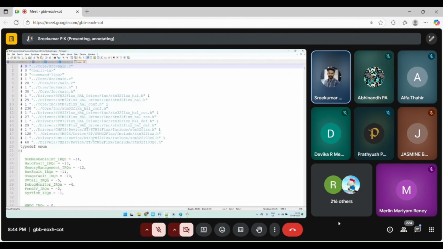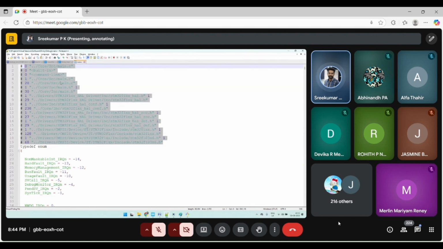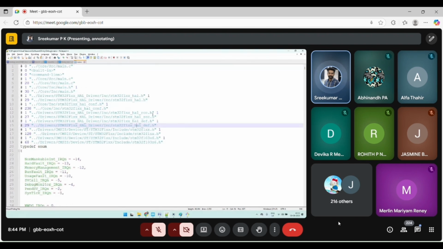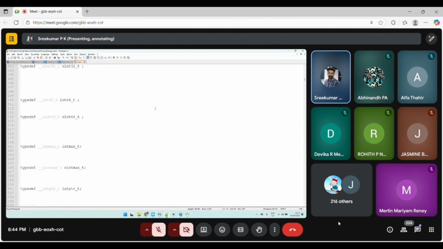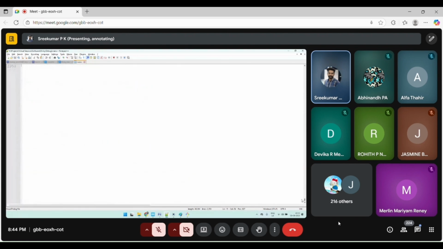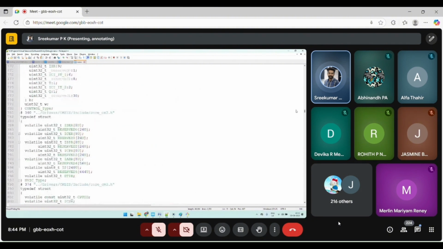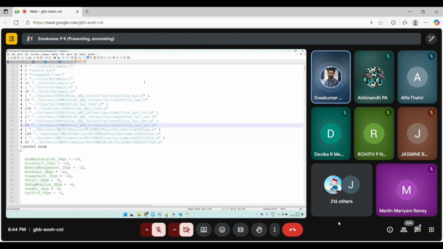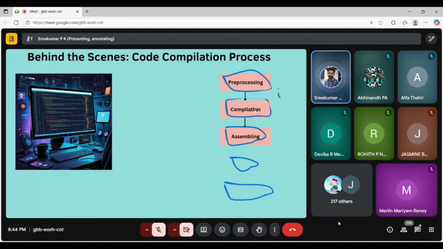What you can see inside that main.i is that it expanded everything. It expanded all the associated files, all the header files got added. It removed all the comments. You can't see any unnecessary comments or text here. This is what happens when you do the pre-processing on your .c file. So after pre-processing, it goes for compilation.